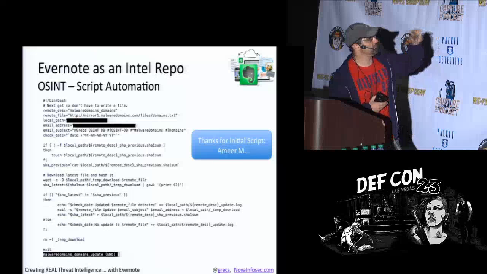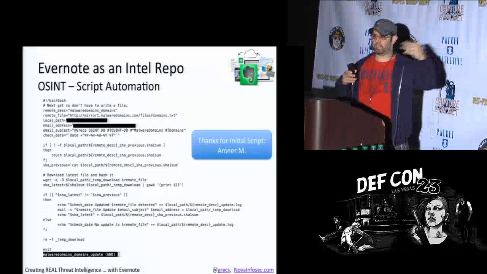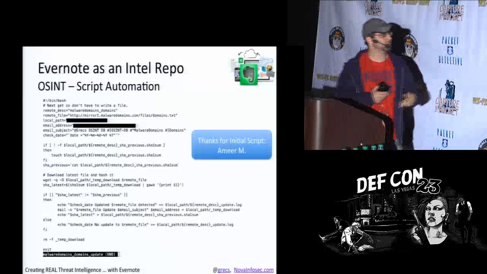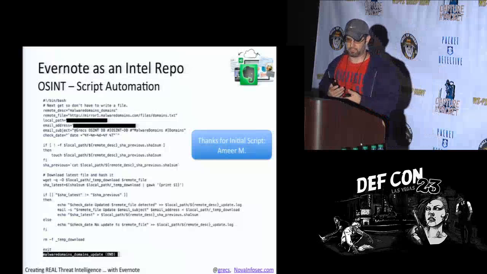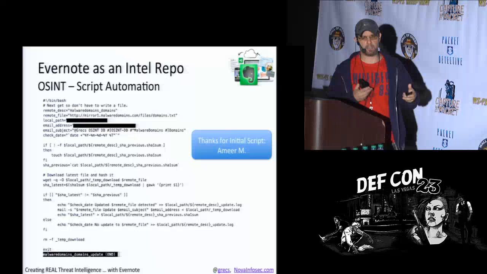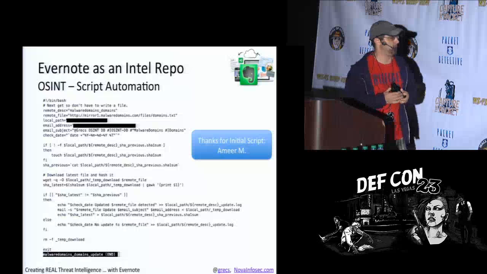Like I said, this basically goes out, pulls that data down, does the hash of it, and compares it with the previous hash. If the hash is the same, it just ignores it. If the hash changes, then it takes that and sends it off to the Evernote email list.